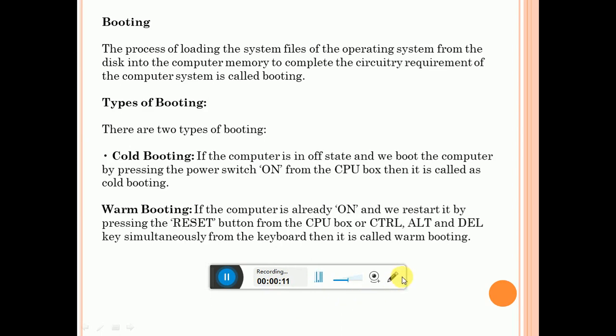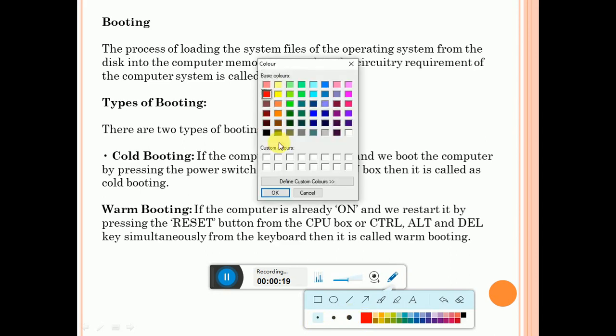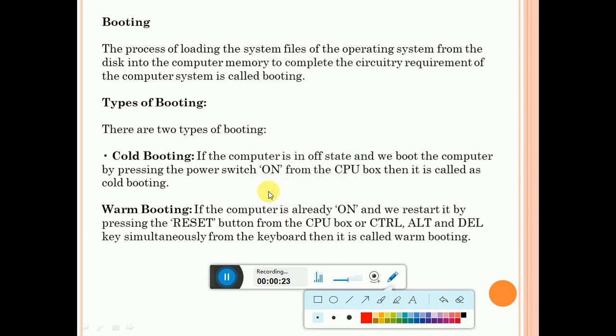Already I have given video 1, introduction to the computer. In that we have seen the definition of computer, what the input devices are, what the CPU is, what the output devices are. We have also seen bits, bytes, everything. So this is our second video for the class 11 students computer science subject.